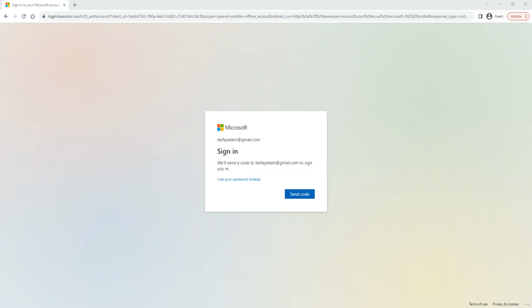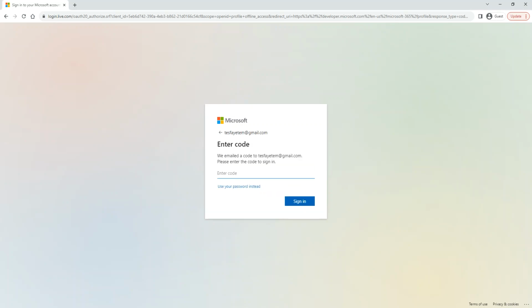I'm going to go to that Gmail on a different screen. Did I receive any code? Not yet. Send the code. There we go, I received the code. Now I'm going to sign in.